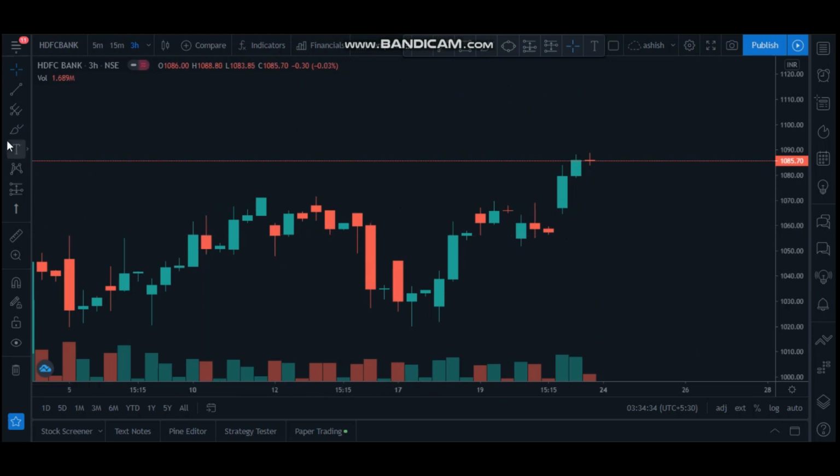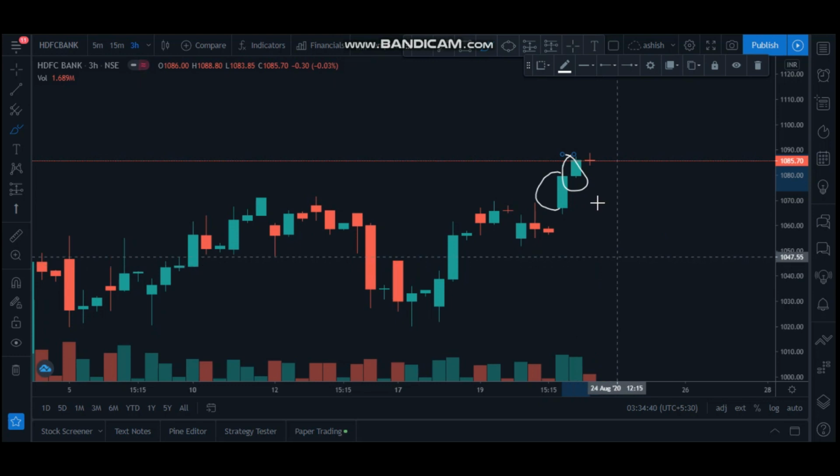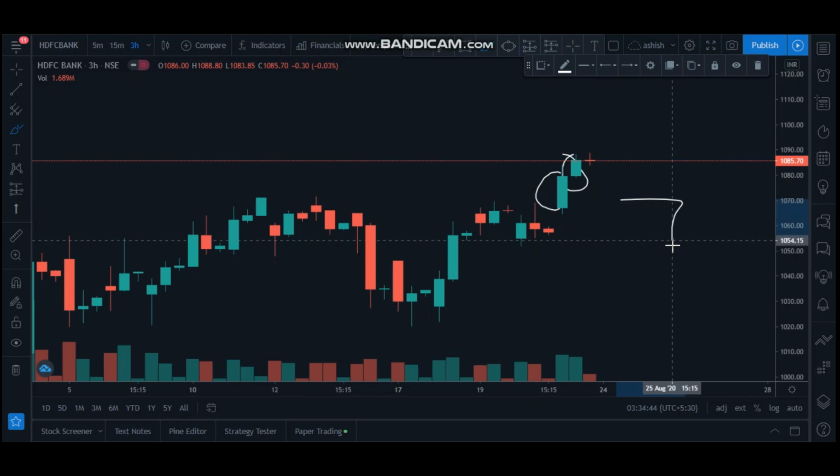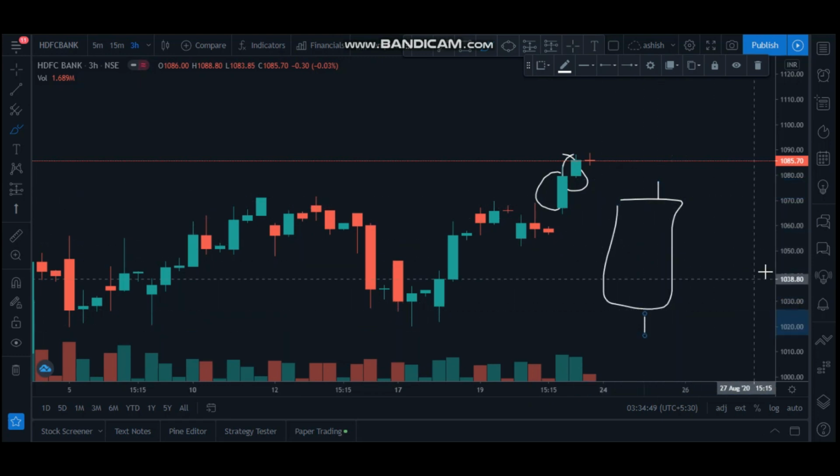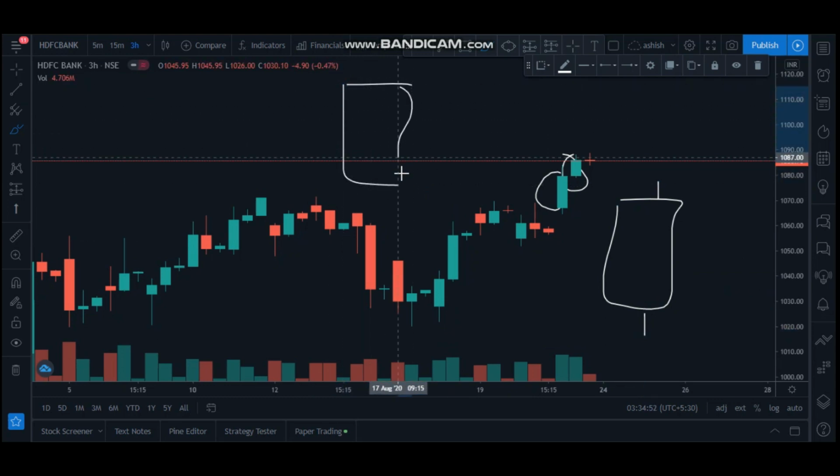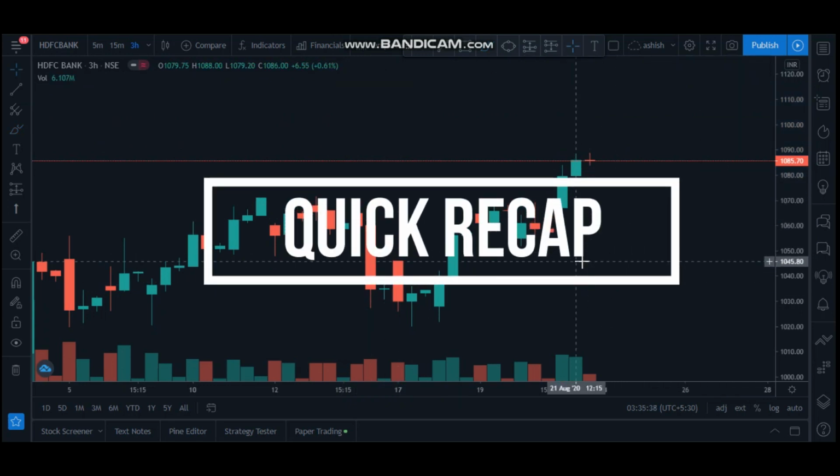Now, size of the candle. We can see big green candles here. That means more buyers in the market. Normally the market makes candles this way, with a wick here and a wick here, and if it is more bullish it will make a Marubozu candle which doesn't have any wick on top or any tail below.